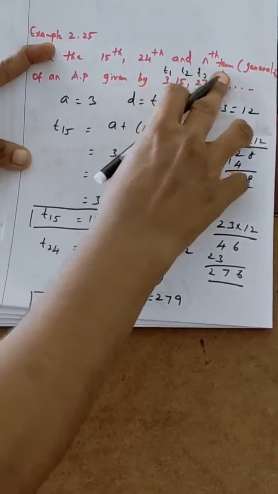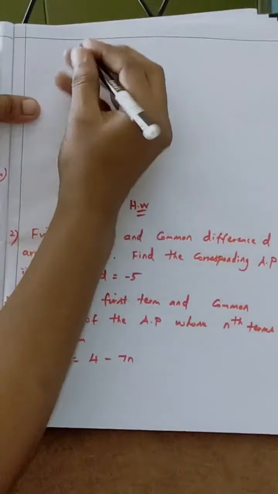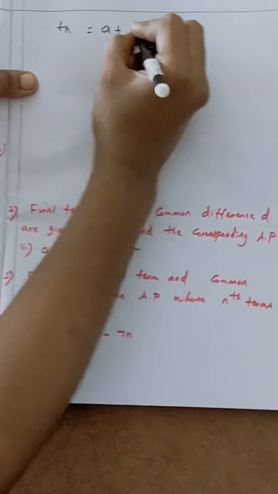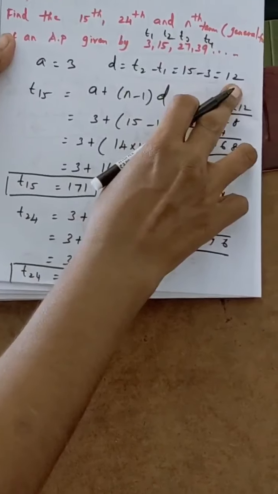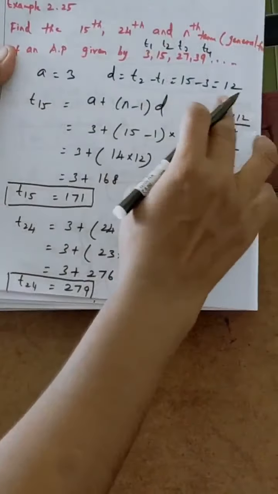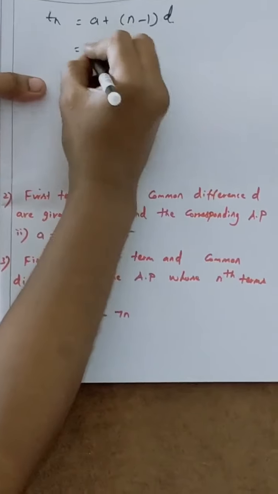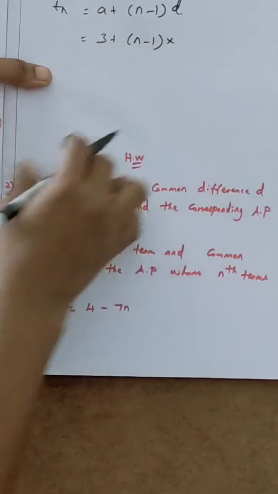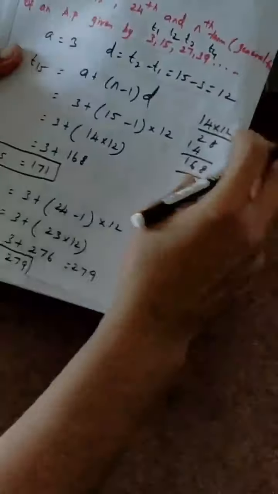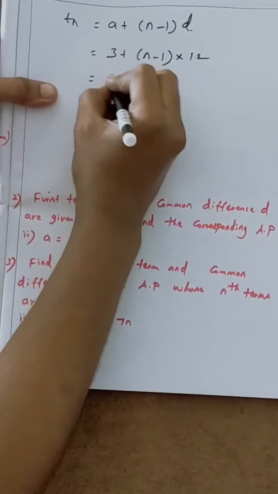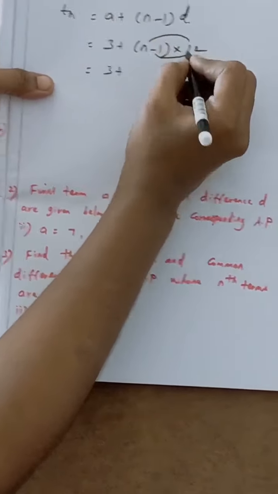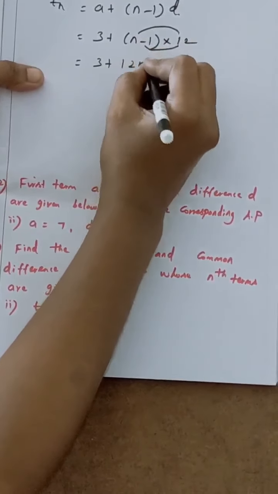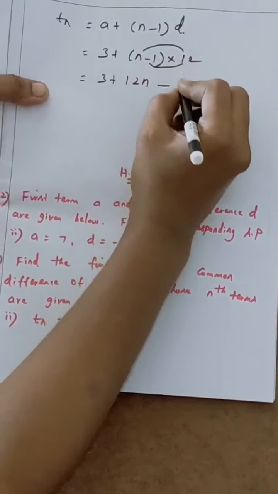Okay, next one, you find out the nth term. So the nth term means Tn equal to A plus n minus 1 into D. Okay, so A and D are given for this question. What is the A value? 3 and common difference 12 only. So the number of terms is not mentioned. Okay, substitute this value. A equal to 3 plus n minus 1 into common difference 12 only. So write 3 plus, the 12 outside is multiplied by both the terms, so 3 plus 12 into n, 12n, minus 1 into 12, is 12.